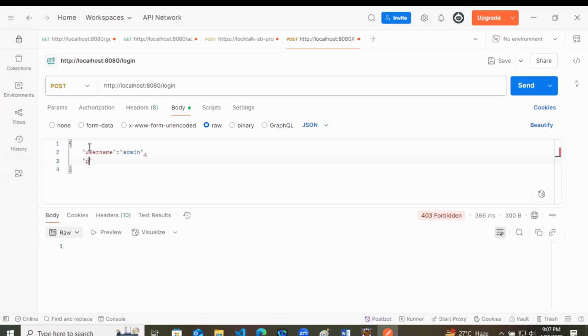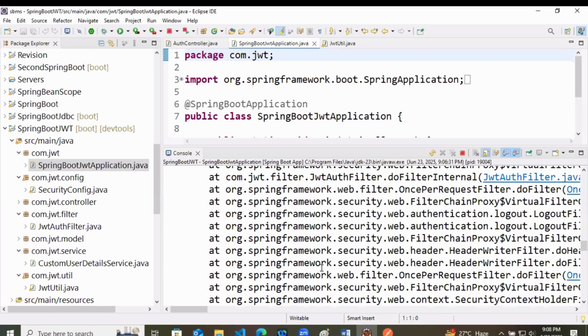Admin. What is the password that we kept? Admin123. So I am sending body raw JSON data, username and password like this. I will just hit the send button, and again 403 Forbidden error.